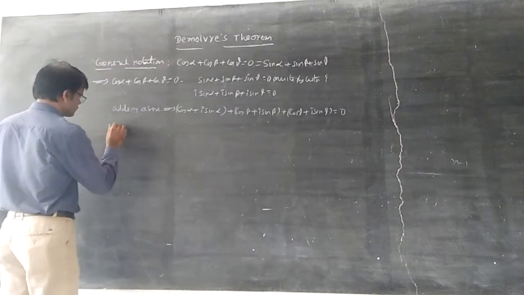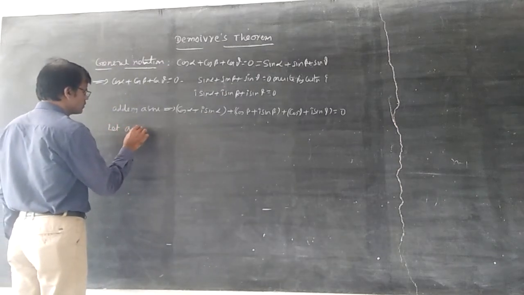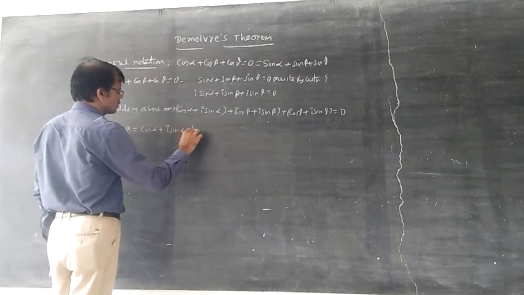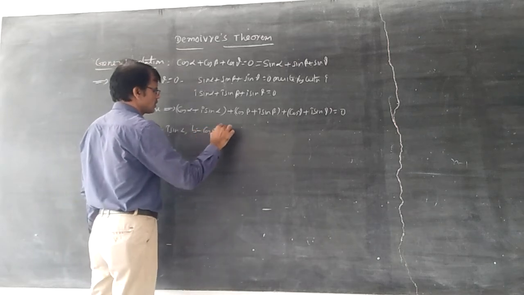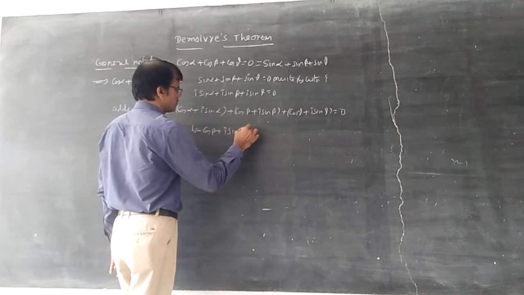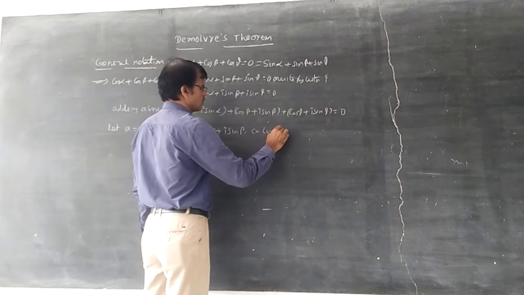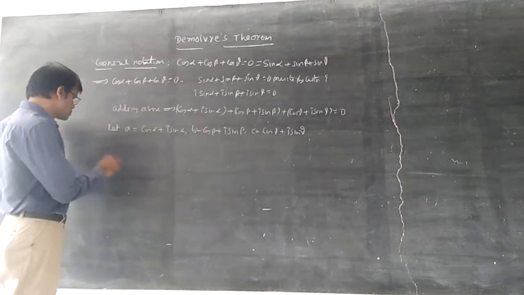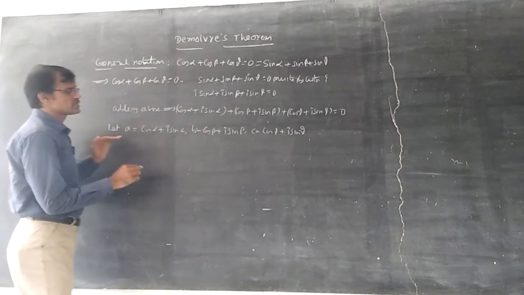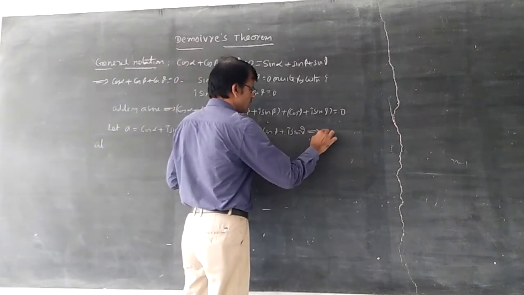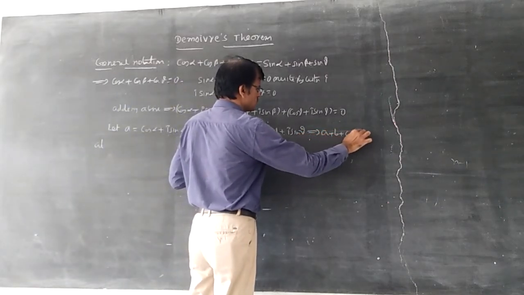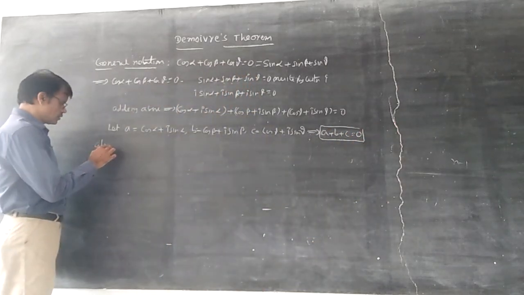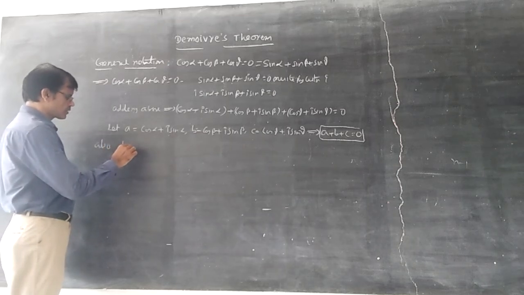Let a be equal to cos alpha plus i sin alpha, b equal to cos beta plus i sin beta, and c equal to cos gamma plus i sin gamma. Keep this aside. The concept here is a plus b plus c is equal to 0. Keep this aside. Also we can write 1 by a is equal to